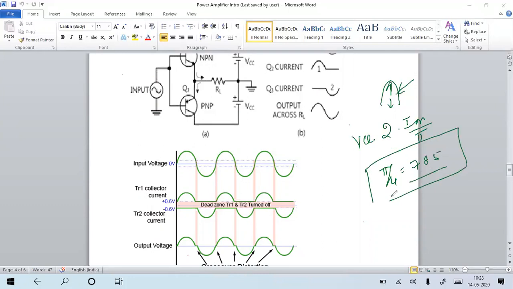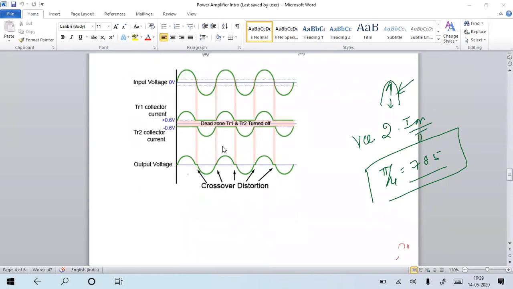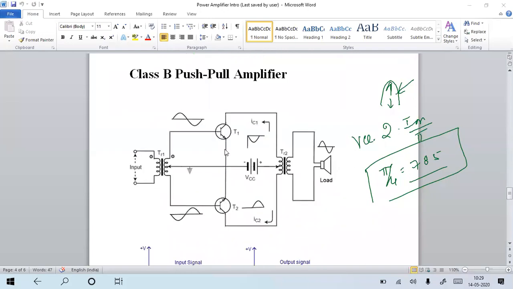This is the complementary symmetry class B amplifier, because two transistors are used in a different way. That means two different types of transistor. One is an NPN transistor for conducting during the positive cycle, and a PNP transistor for conducting during the negative cycle. Okay. There is one more type based on the same kind of transistor also. If you use the same kind of transistor, we can achieve the class B operation with a complete cycle.